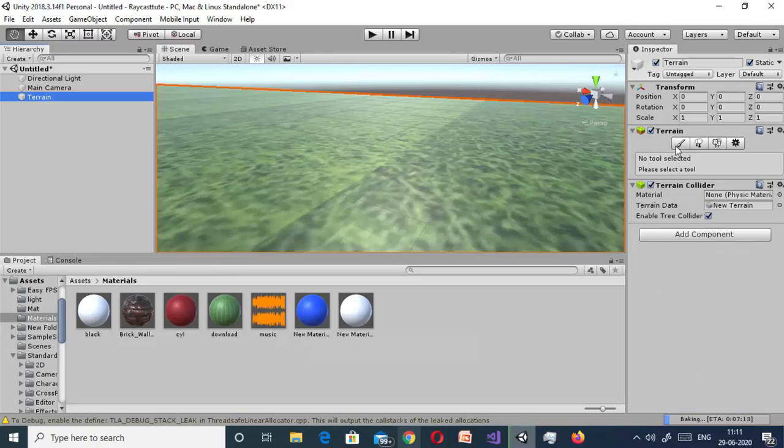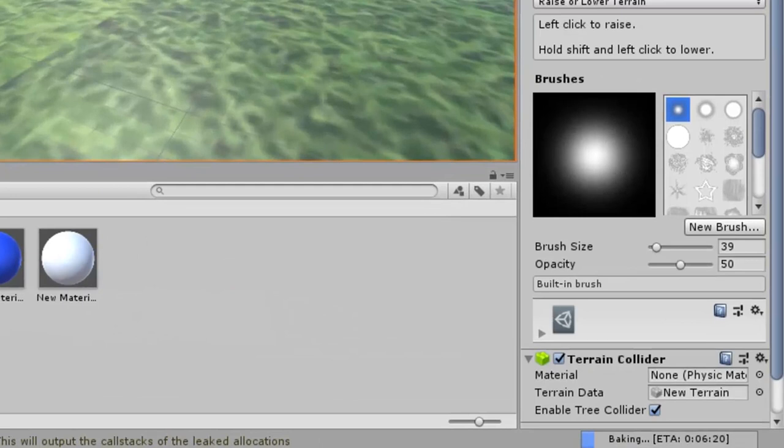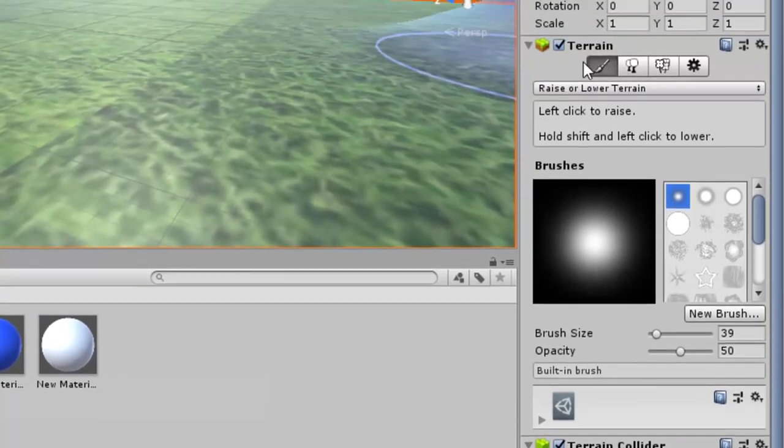Now we will see all the tools one by one. First of all, I will click on the brush. Here it is written: raise or lower the terrain. We use left click to raise, and hold Shift and left click to lower.